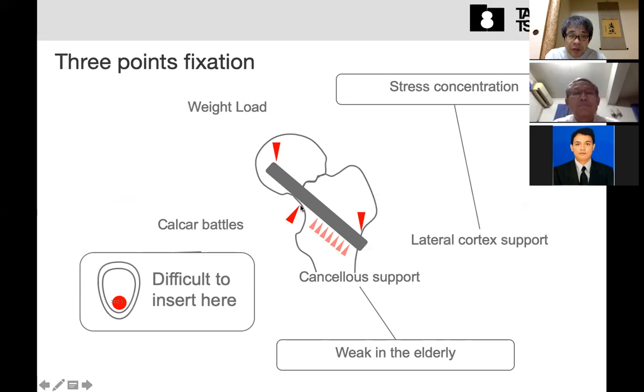This pin should be touched to the calcar. We call it the calcar buttress. It is necessary to prevent the varus displacement. And the third one is here, the lateral cortex. So using these three points, we can achieve secure fixation for this femoral neck fracture using the simple pin